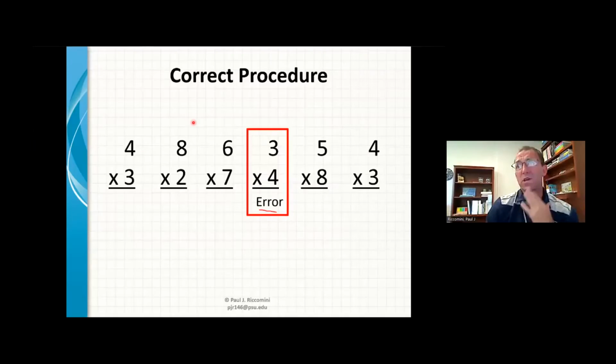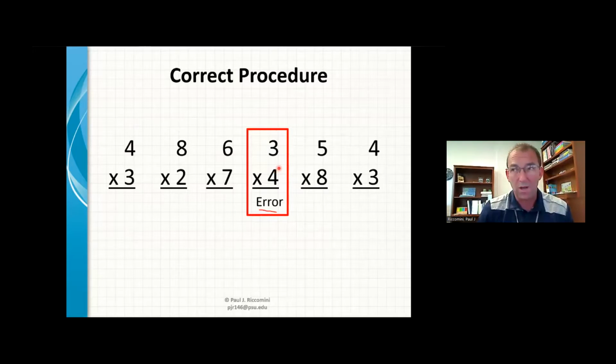Okay, so this time, Sarah, when you get to 3 times 4, I want you to say 3 times 4, but I do not want you to answer the question. Just pause. All right? Okay, let me share my screen. Here we go. Ready? Sarah, right? Yes. All right, start with 4 times 3. 4 times 3 is 12. 8 times 2 is 16. 6 times 7 is 42. 3 times 4 is...